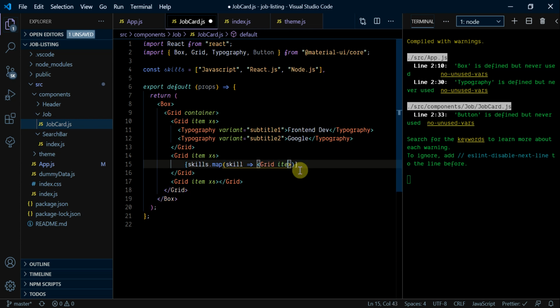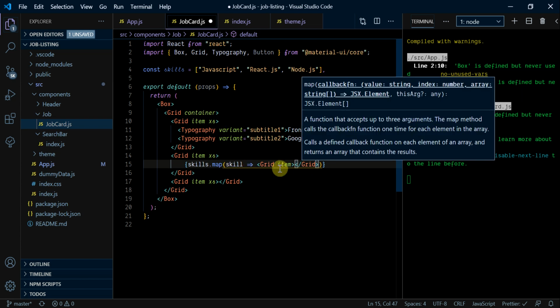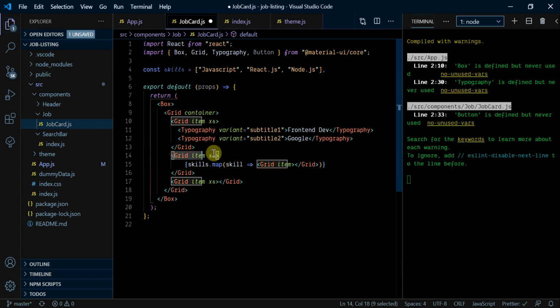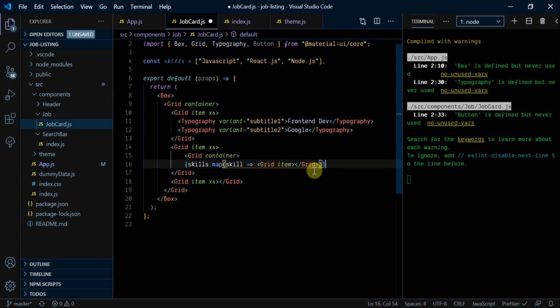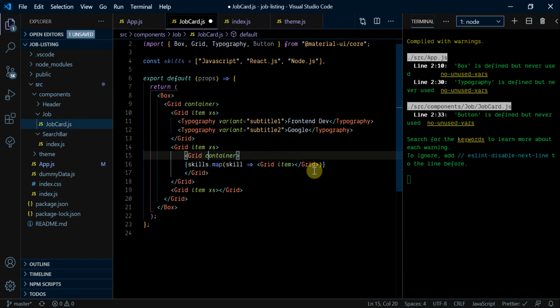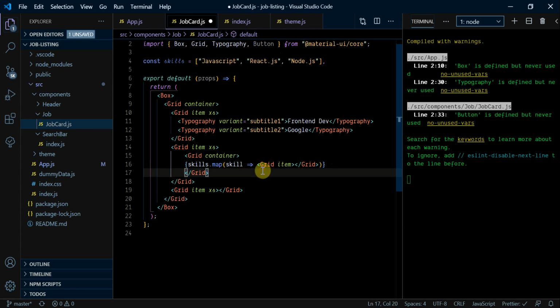component of type item. And let me explain what we have. So in order to display, over here we have the grid item, and inside of it we have another grid item, but we need to wrap the grid item always inside a grid container. And we can do this in such a manner that inside the grid item we have another grid component of container, and that container has grid items. But there is a better way of doing this.